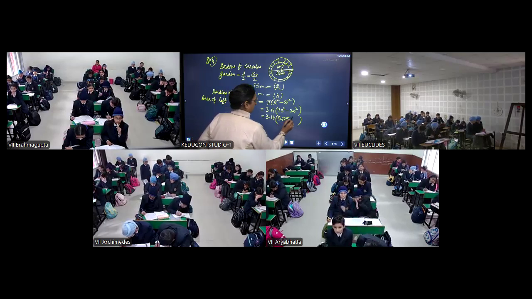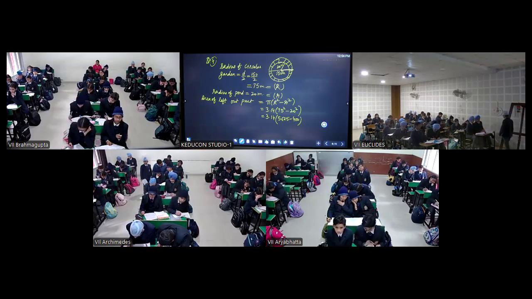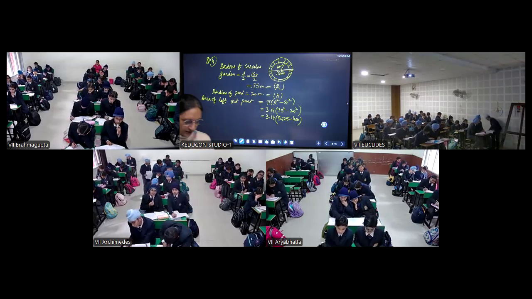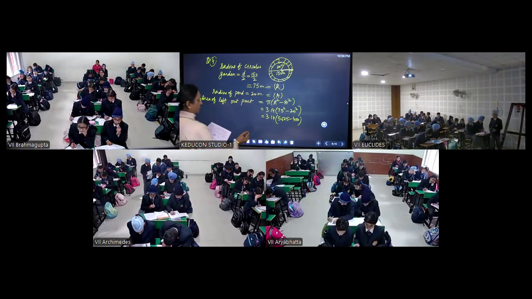5625 minus 400. When you will be solving it, after solving the bracket, please try at home. This will come out to be